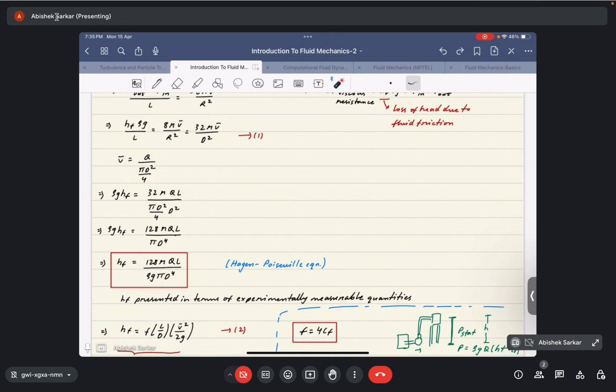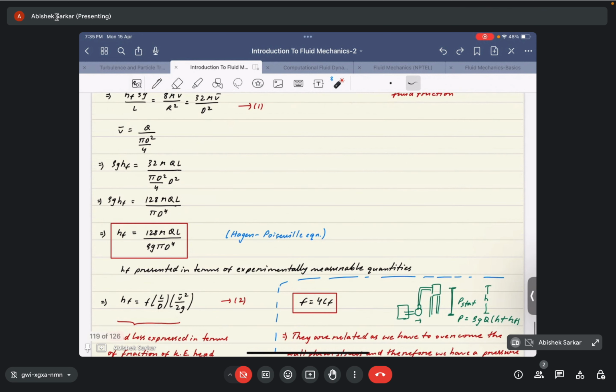And finally, if we take rho g into the denominator, we can write hf is equal to 128 mu ql by rho g pi d to the power 4. Okay, and this equation is known as the Hagen-Poiseuille equation. That gives us the head loss due to friction in terms of experimentally measurable quantities, because mu